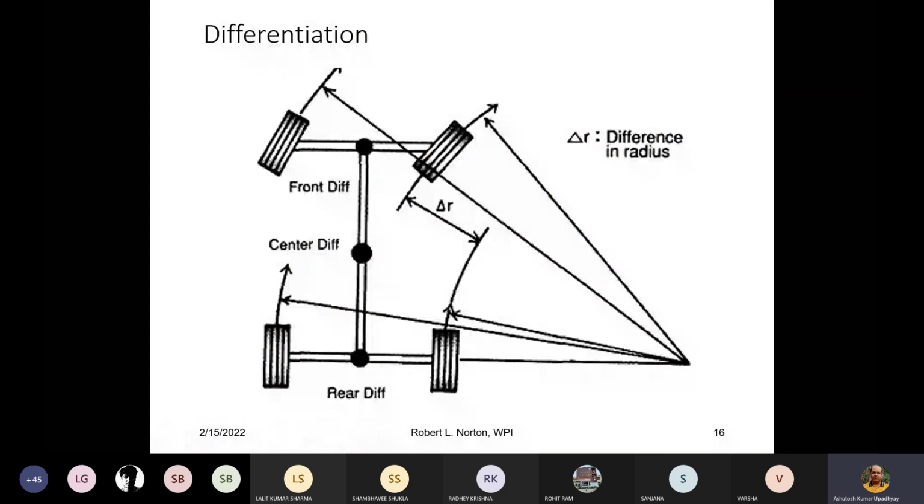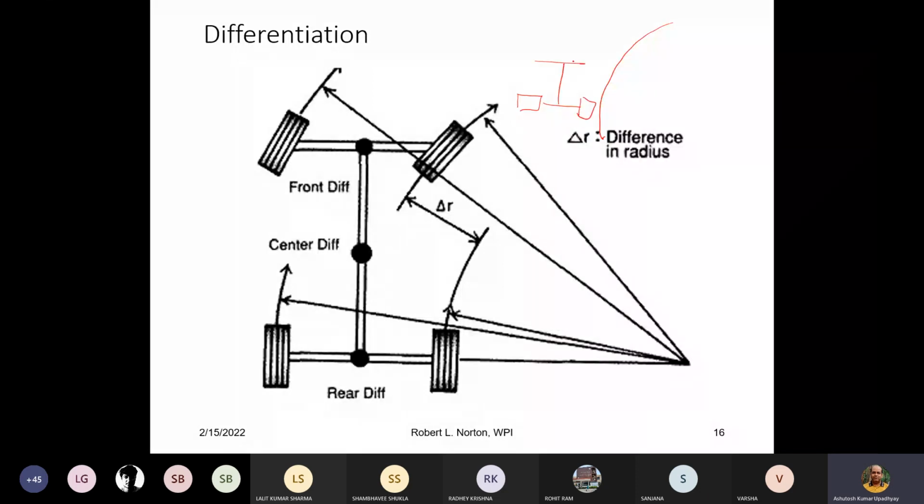Now the last part of our transmission system is the differential. If you are moving on a smooth road, there will not be any problem, but when you are moving on a curve, what will happen? You have the 4 wheels, 1, 2, and then you are connecting it to this one, and you are taking a curve. If you take the distance from here to here, on a curve, this particular length is 2 pi r1 if the radius is r1, and this particular length,